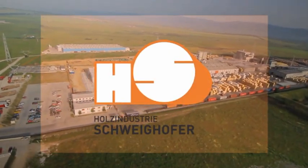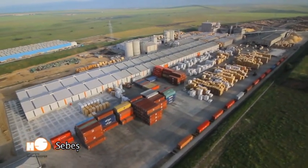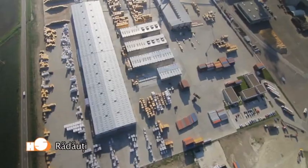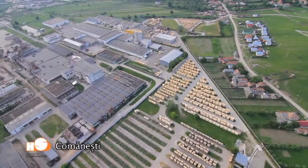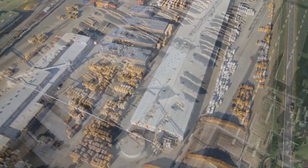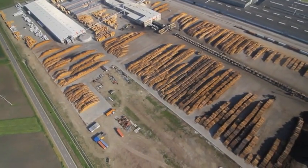Holzindustrie Schweighofer, your partner for perfect timber products. At the sites in the Romanian towns of Sebeș, Radouț, Siret, and Comănești, some 2,000 employees see to it that our clients in more than 60 countries around the globe receive the very timber products they need, quickly, reliably, and